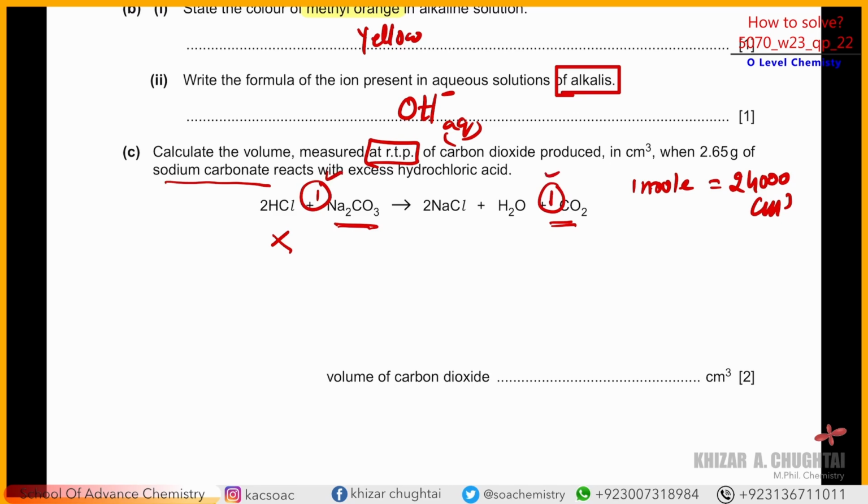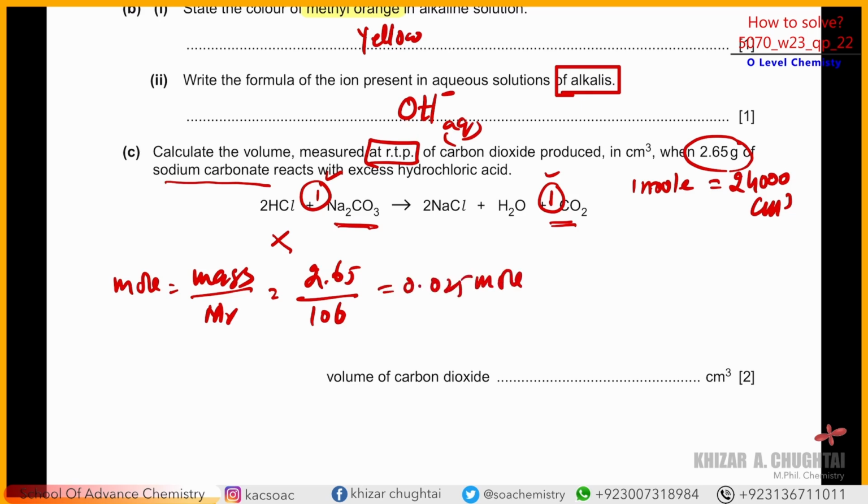So there is a 1:1 mole ratio between Na2CO3 and CO2. I'm going to change this mass into mole. How to change mass into mole? You know, mole is equal to mass over Mr. So 2.65 gram divided by the overall Mr of sodium carbonate, that is 106 gram, and the answer is